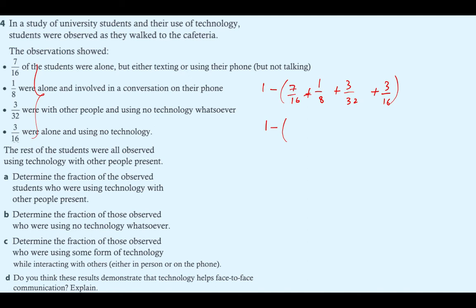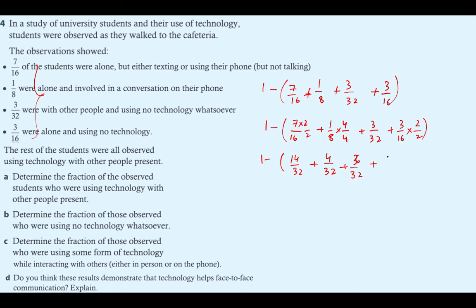So we need to make all the denominators 32. So this must be multiplied by 2 over 2. This must be multiplied by 4 over 4. This will remain 32. And this must be multiplied by 2 over 2. So 14 over 32 plus 4 over 32 plus 3 over 32